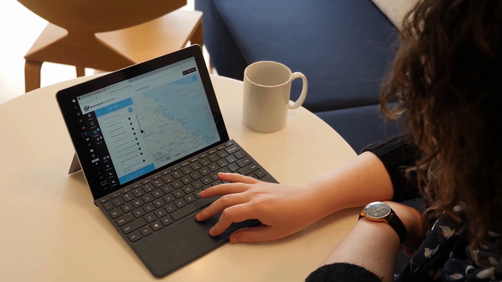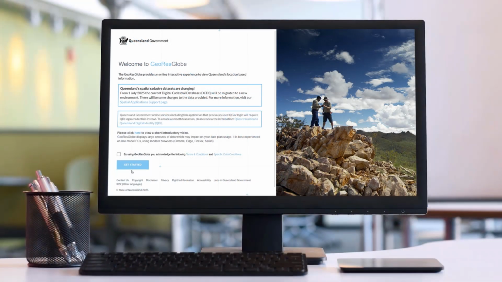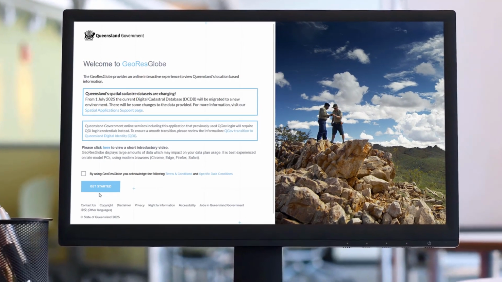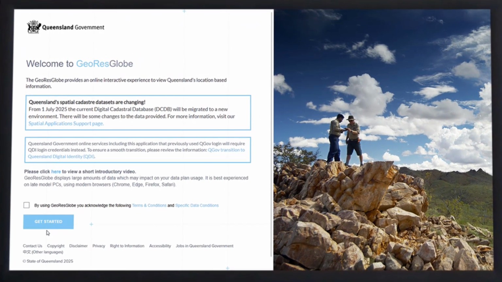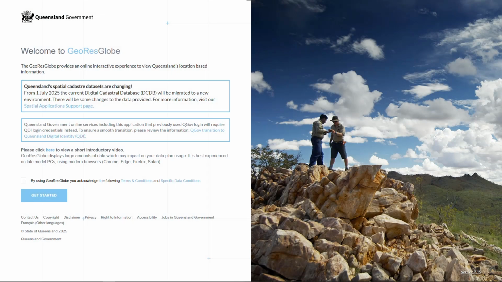GeoResGlobe is a web-based application that runs on desktop and tablet devices with an internet browser. GeoResGlobe works best on modern browsers such as Edge or Chrome. Just type in the URL georesglobe.information.qld.gov.au. You'll first see the home page, which shows further information about the application and prompts you to read the